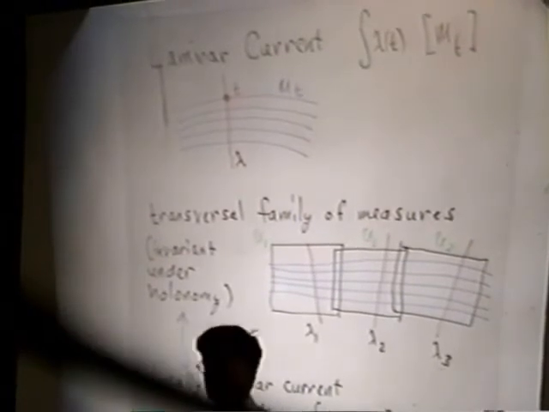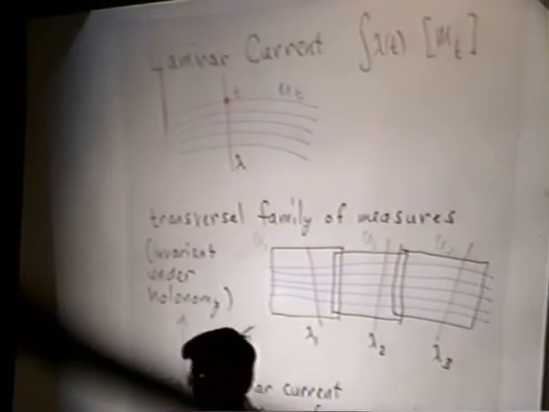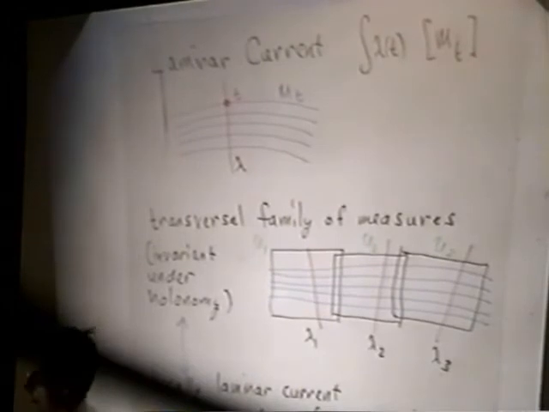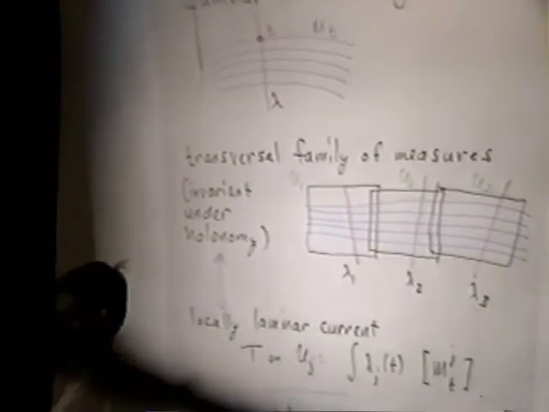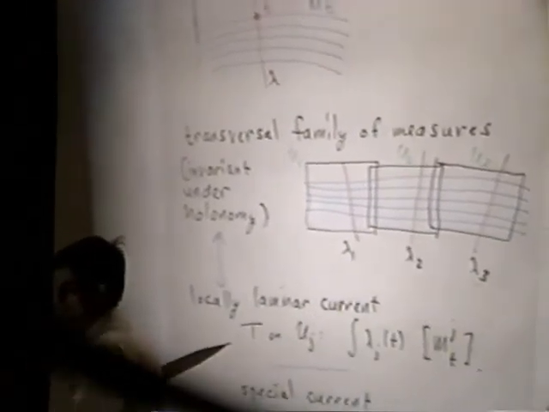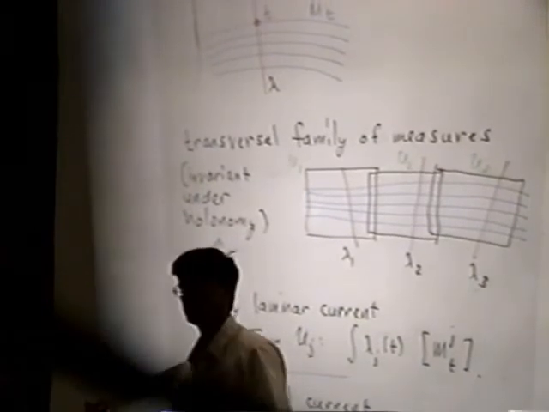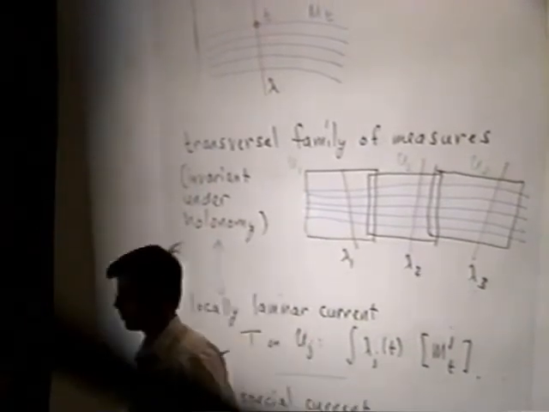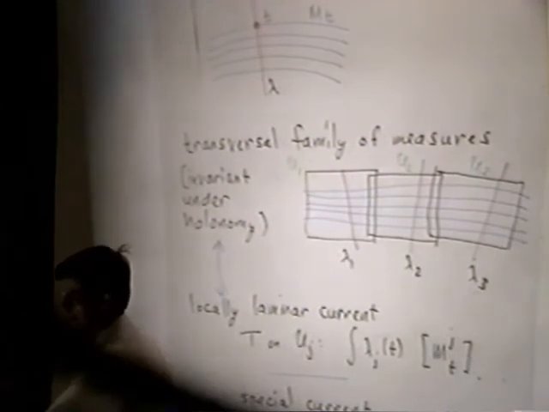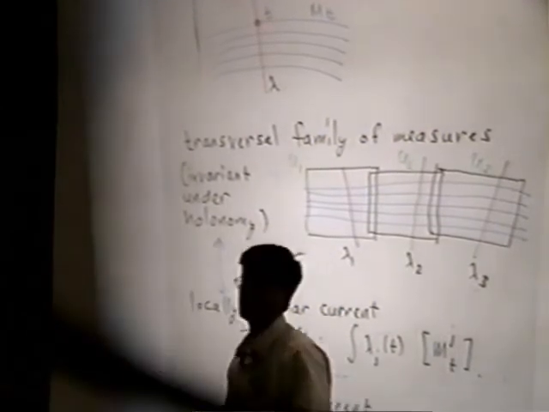So you have a family of transversals, a family of measures, invariant under holonomy. This means you can use this to write a current that's locally laminar, and this defines a well-defined global current. These are very special kinds of currents,